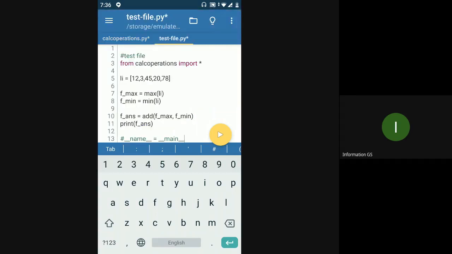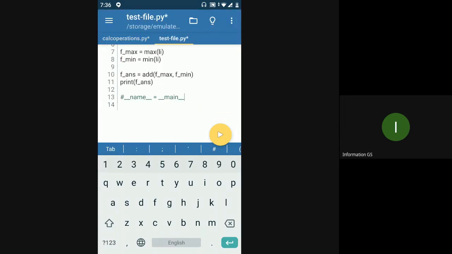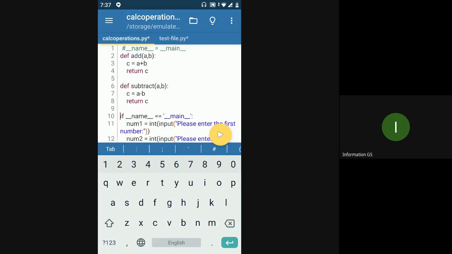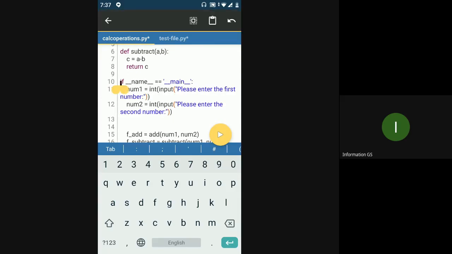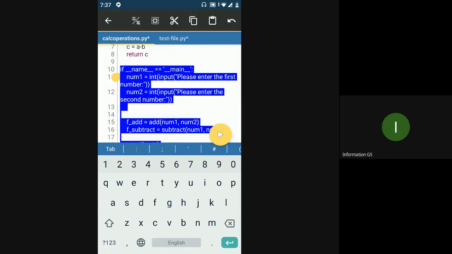Usually you don't require any main method in Python. If you have just one file and you're not using any import statements, then a main method is not required. You only use it when you want to separate your importable code from the non-importable code, which means the code present inside this if block will not be run when you import the file in some different file. That is when you require this main block.